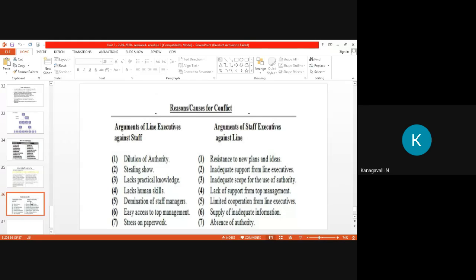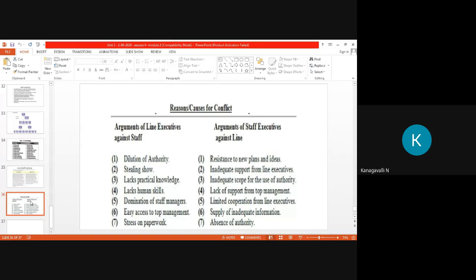Right. This part covers the advantages of line authority and staff authority. It brings expert knowledge to bear upon management and operating problems. The line managers get the benefit of the specialized knowledge of the staff specialists at the various levels. The expert advice and guidance given by the staff officers to the line officers benefit the entire organization. Then it is based upon planned specialization.